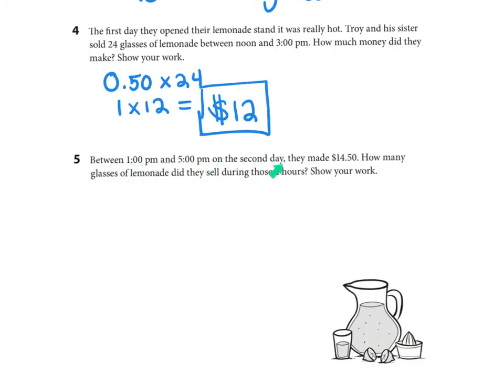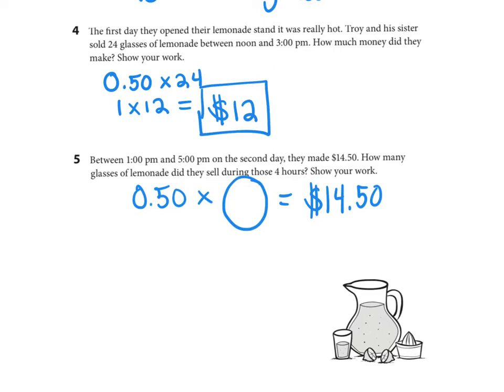Number 5 says, between 1 p.m. and 5 p.m. on the second day, they made $14.50. How many glasses of lemonade did they sell during those 4 hours? Ooh, this one's a little tricky because it's saying 50 cents times an unknown number equals $14.50. So then we have to think,